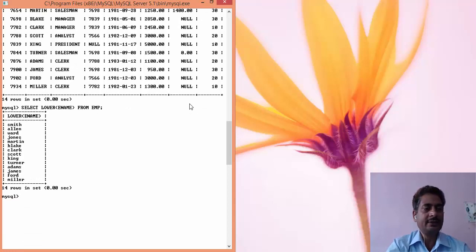Then next function is substring. Substring extracts some value of the given string.